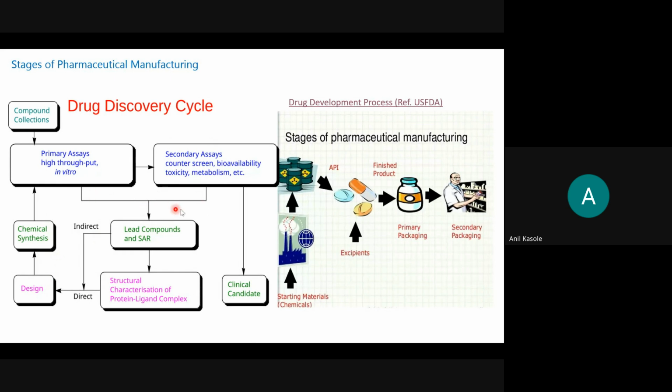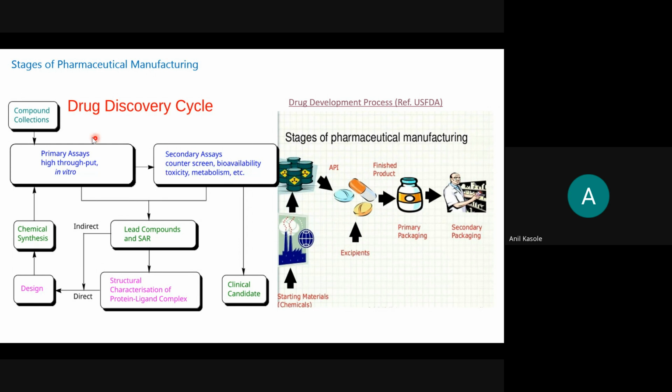This is not just a simple process, but for us it is important to understand from the right hand side slide. I forgot to add what API means. API is active pharmaceutical ingredients. We can see the detailed slides next. In order to make this API, you can see the starting materials, APIs, excipients, right? By adding this, you will get a finished product, and that will go into the primary packaging and the secondary packaging, right? So these are the typical different stages.